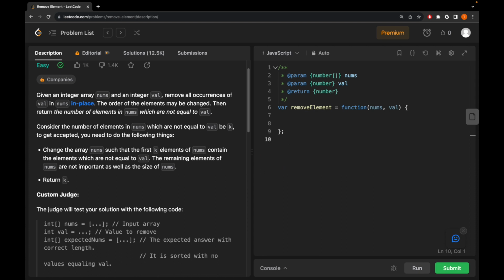There's two solutions to this problem, both run at O of n time complexity, and I'll take you through the more obvious one first. So what we're going to do is start this off with a simple for loop. So I could say for var i equals 0, i is less than nums.length, i++. So we loop through the array, and then for each element in the array which is equal to val,